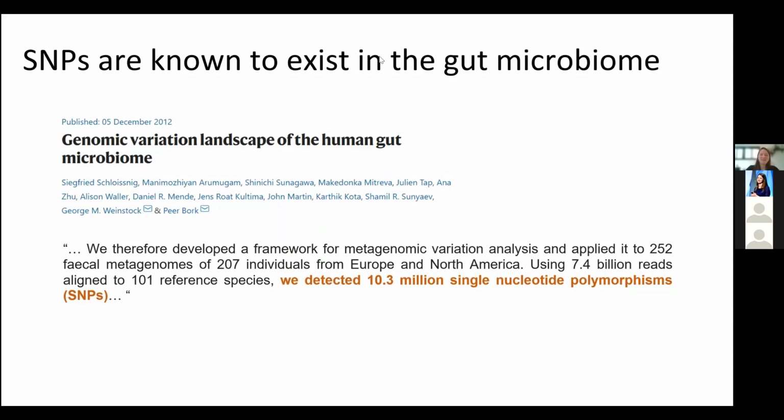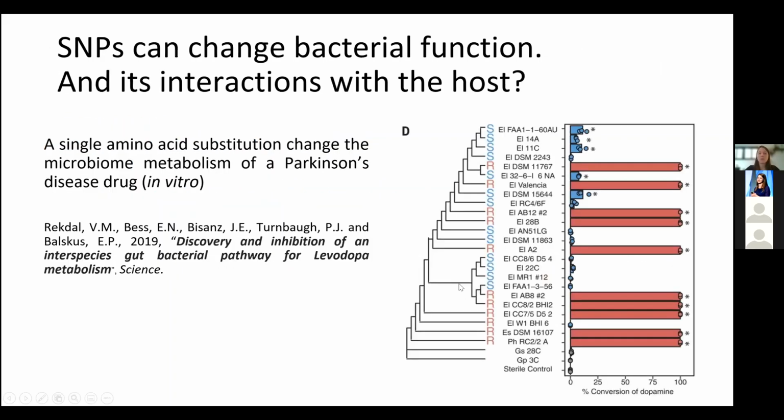Okay. So this level of variation definitely exists within gut microbiome species. And why is it interesting? So one motivation I found in this paper that was published 2 years ago by Emily Balskus. What they show here is that they discovered there is this Parkinson's drug that has a different efficacy for different people. It's not really understood why different people respond differently to the drug, but it has something to do with different metabolism of the drug. And what they found,